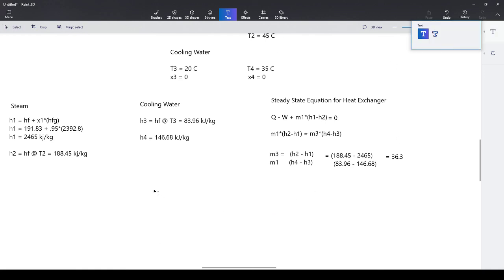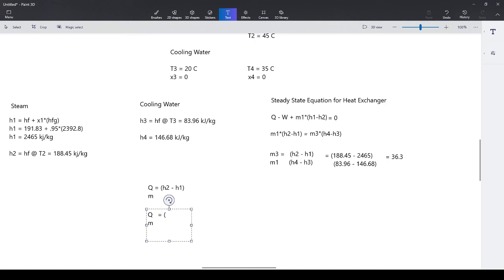And so, very simply, you just do Q is then equal to M1 times, although we don't have a mass flow rate number, so I'm just going to write it there, but you would divide. So essentially it would be Q divided by M. So Q per mass is equal to H1 minus H2, or H2 minus H1. And then that number, so Q over M is then equal to,